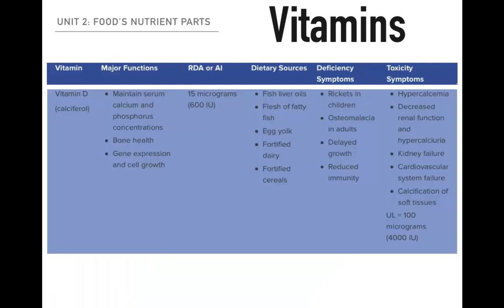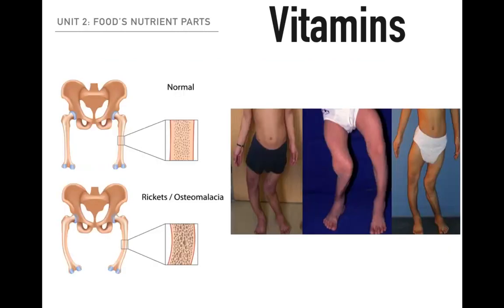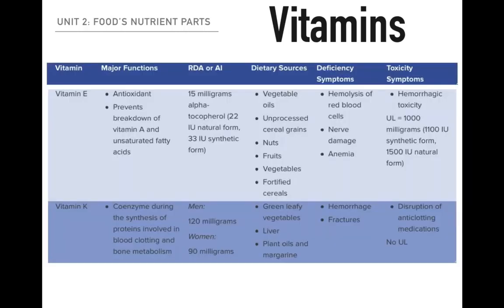And then we have vitamin D, which promotes the body's absorption of calcium and phosphorus. Now, extreme or prolonged lack of vitamin D can make it very difficult to maintain proper calcium and phosphorus levels in the bones, and that can end up causing rickets. And you can see how rickets is characterized by bow legs or knock knees. In the US and Canada, nutritional rickets was all but eliminated by vitamin D fortified foods and drinks, but it does exist in more underdeveloped third world countries across the world.